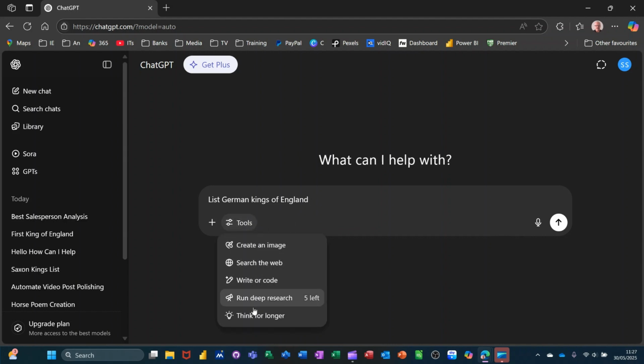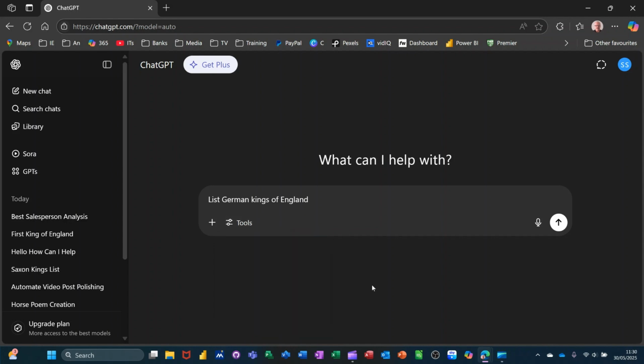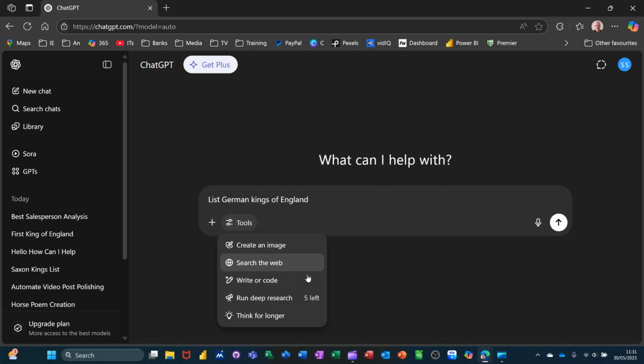And you can get it to think longer. If you think it's coming back too quick with an answer, you can get it to think a little bit longer. All of these are just different options at the bottom here in tools that you can utilize. There is another feature inside this chat box. I've just got that prompt there, list German kings of England. In tools, with all the other things, you've got this write or code option, which will activate what's called the canvas feature. If I click on that,